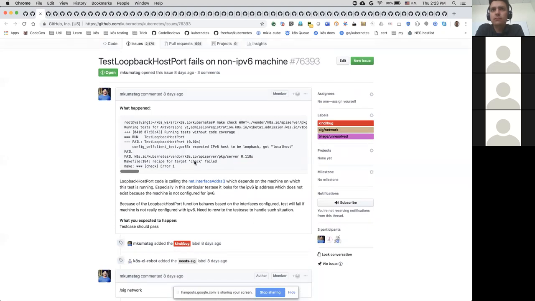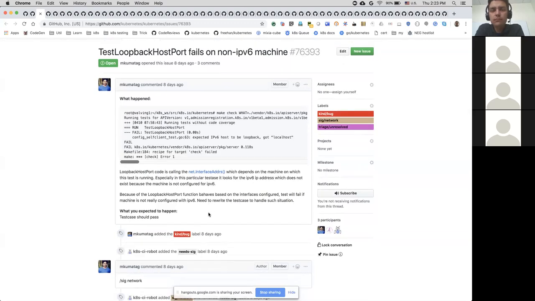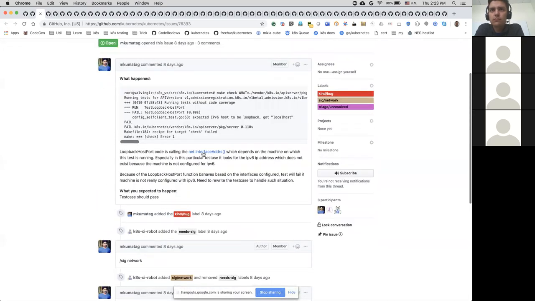Loopback. Seems simple enough if you have a machine you can test it on. It's running tests for API version.